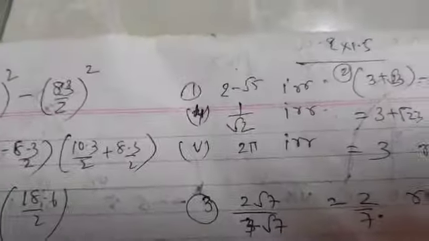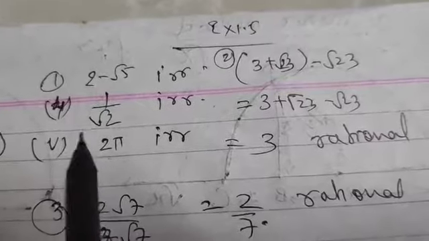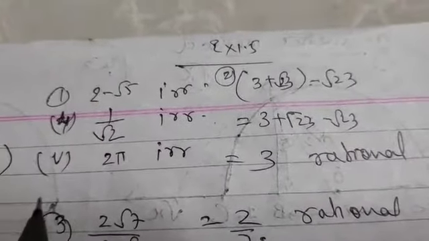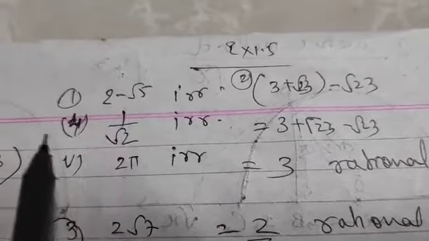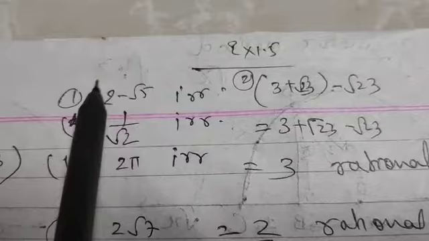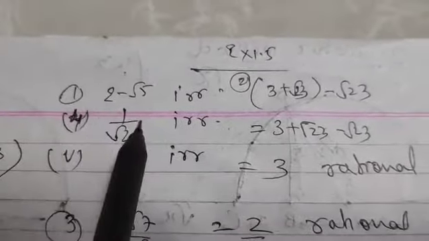Now, these sums you will come across in exercise 1.5. All this that I explained were the examples. So based on these examples, or this type of sums, you come across in exercise 1.5. In exercise 1.5, the first question is you have to determine whether the given numbers are rational or irrational. Out of that, first, fourth and fifth are irrational because see, this is an irrational number in the numerator. You can't do anything to it. 2 minus root 5 will remain as it is.